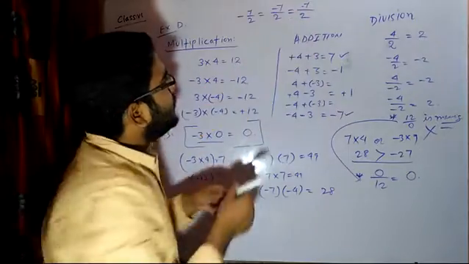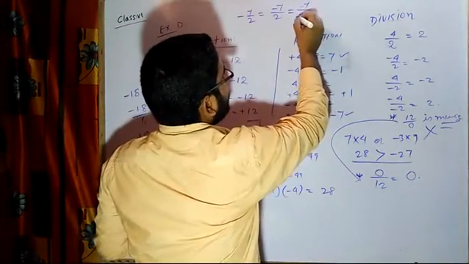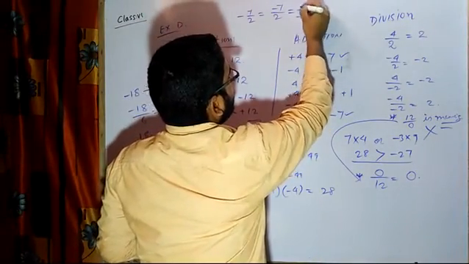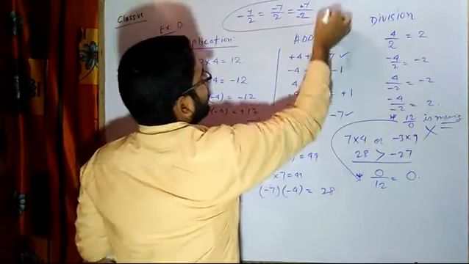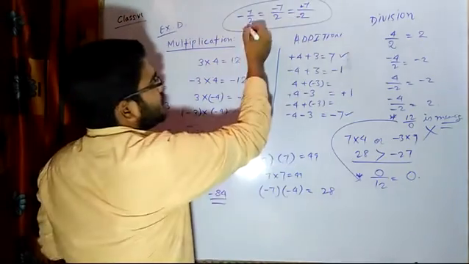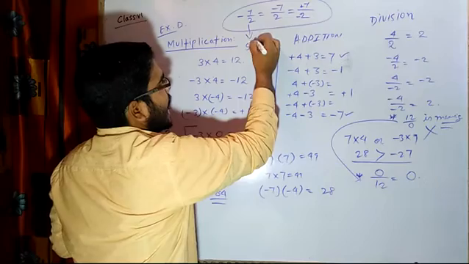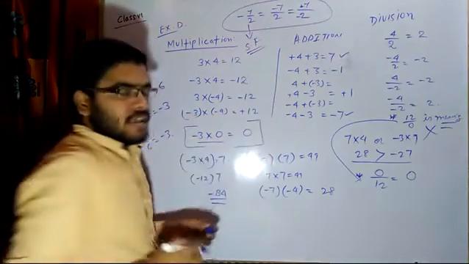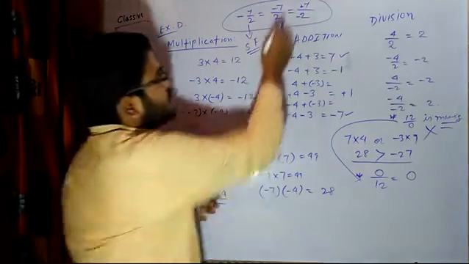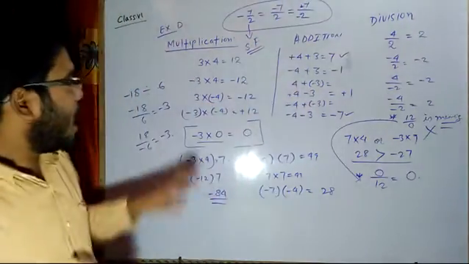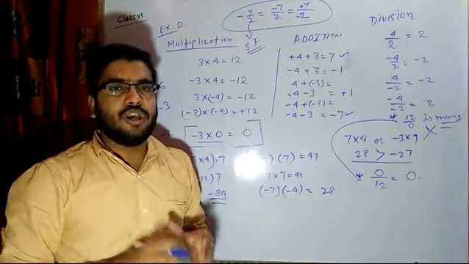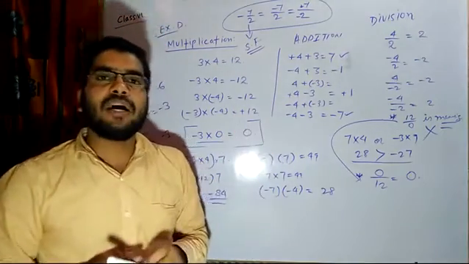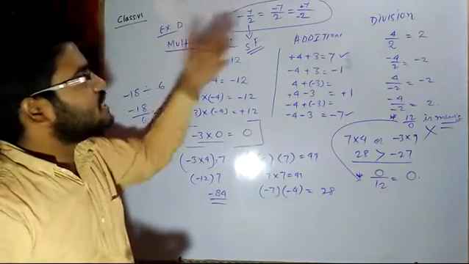If I write minus 2 here, and here I am writing plus, these all three are the same. They represent the same numbers. But this one is called the standard form, SF. These are non-standard forms. I hope with this idea of multiplication and division, you all will be able to solve the remaining problems of exercise D and E.